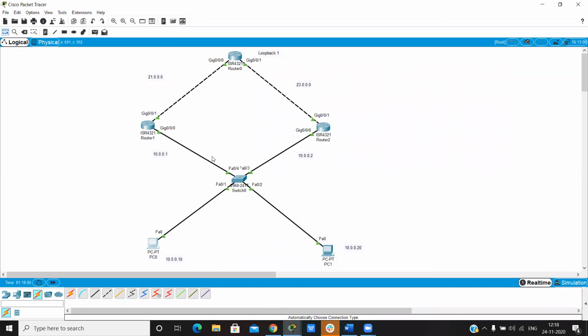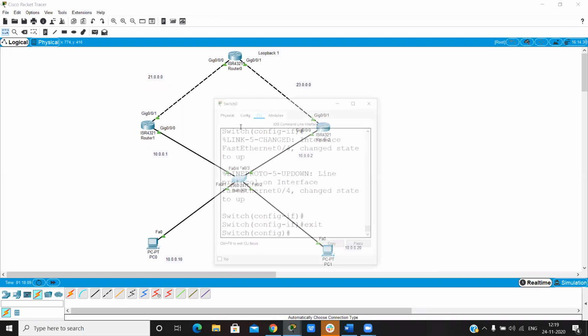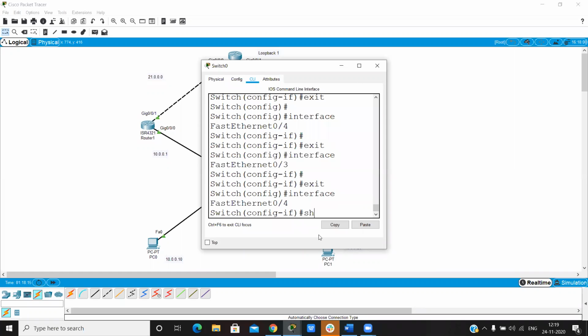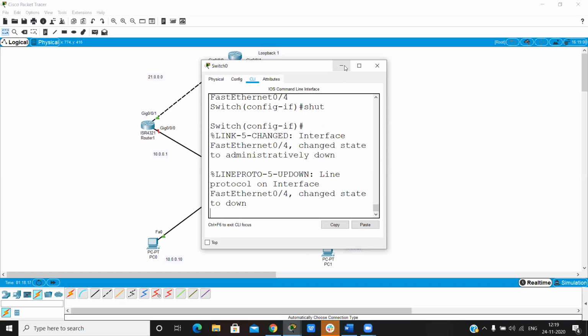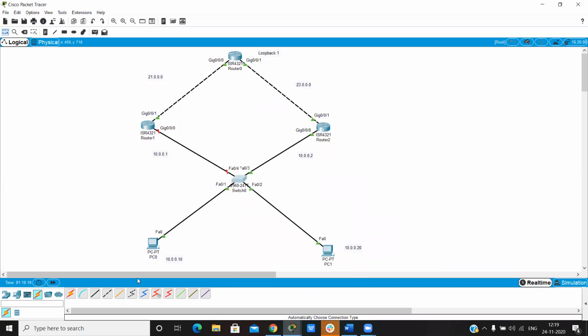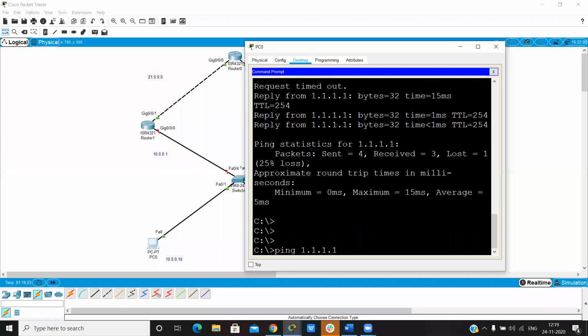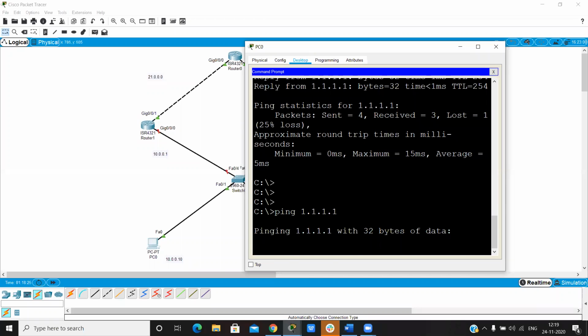In any case, if this gateway goes down, FastEthernet 0/0 goes down, then we are not able to ping our ISP.